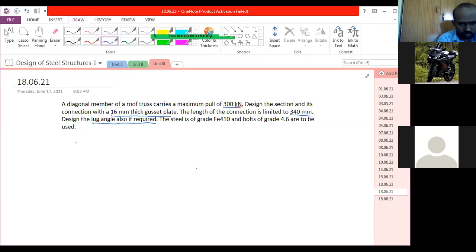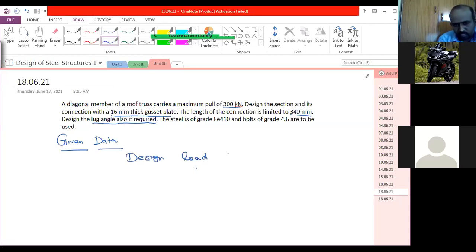Now, what is the procedure to be followed? How to do the design? First of all, we shall write the given data. So please write the given data. We have to clearly write the given data, then only you can proceed with the problem easily, unless you find difficulty when you need some data, right? So, the design load.